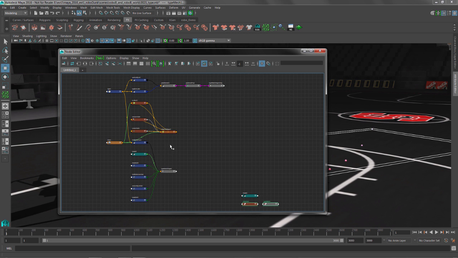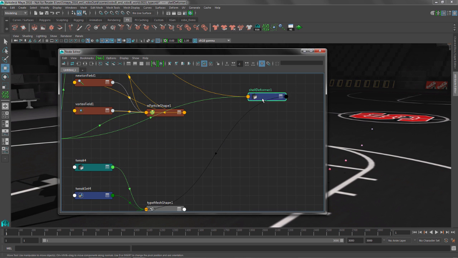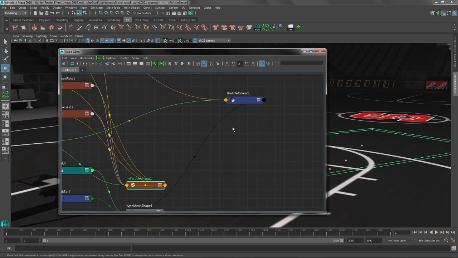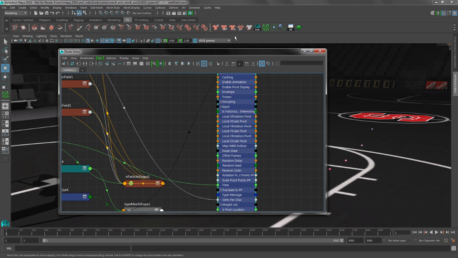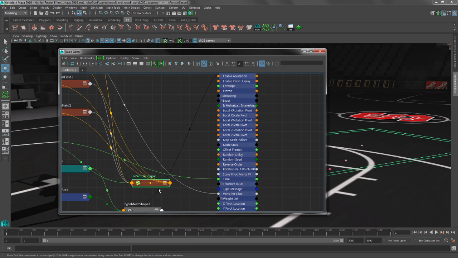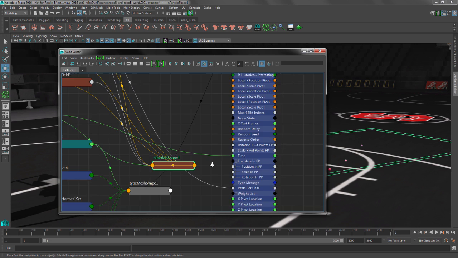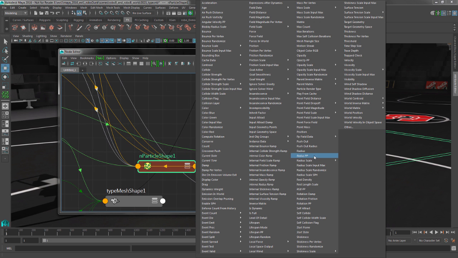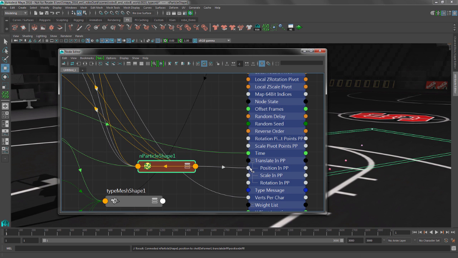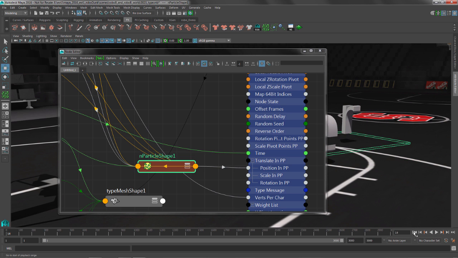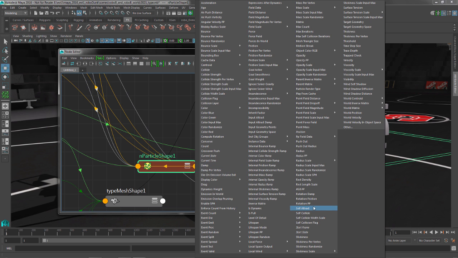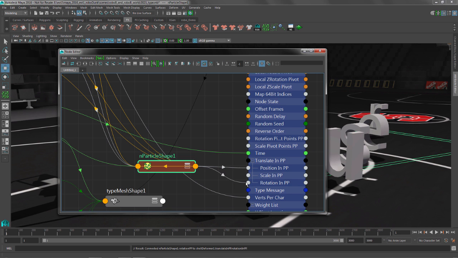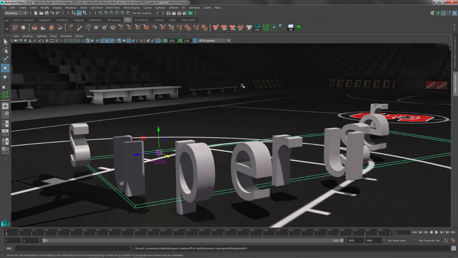The shell deformer is really where all the animation happens inside of the type tool. So we're going to show all the attributes for that shell deformer, and the one we're really interested in is this translate in PP. We're going to expand that out, grab the position of the particles, and drive that position. You can see they start to move along for the ride. And we're also going to grab the rotate PP and have that drive those guys. So with that done, we can